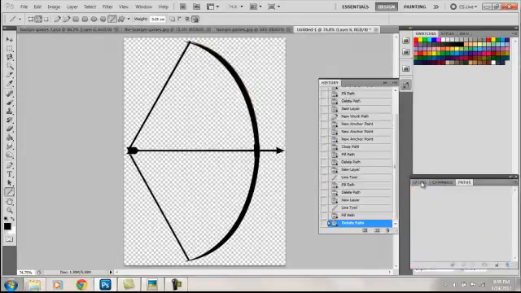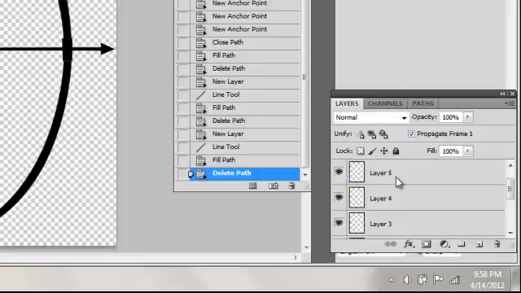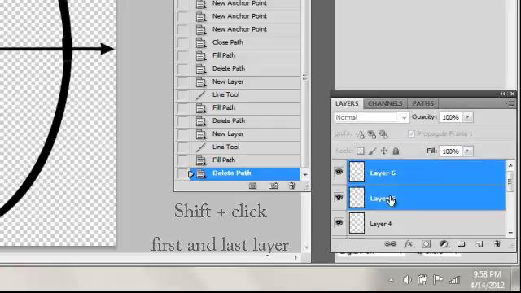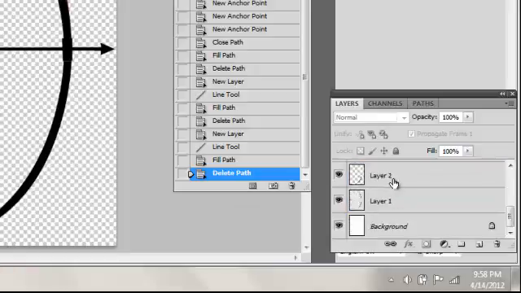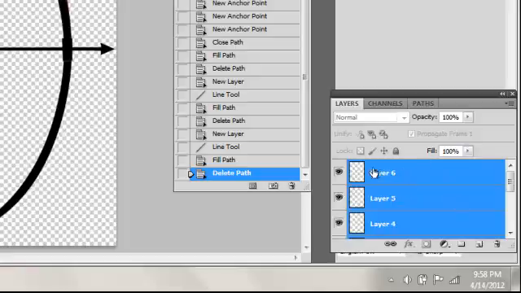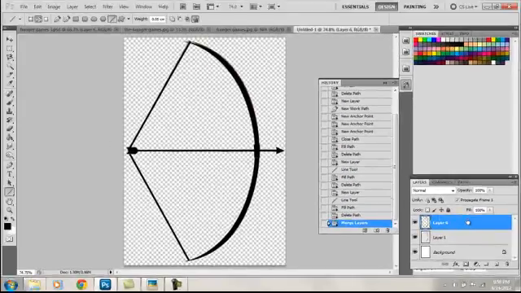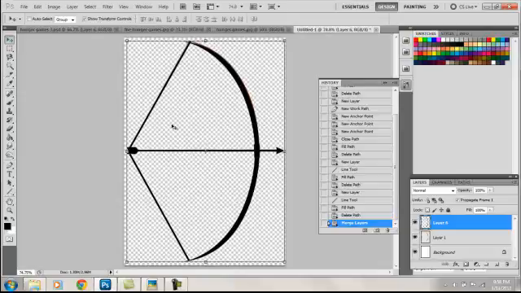Now, before we do anything else, we actually want to go ahead and merge all the different layers together, and we can do that by clicking Shift and then clicking the top layer and the bottom layer that we want to merge all those together, and then we can right click, and then we're going to want to select Merge Layers. And now this is all on one layer, and I can move this silhouette around to wherever I need it